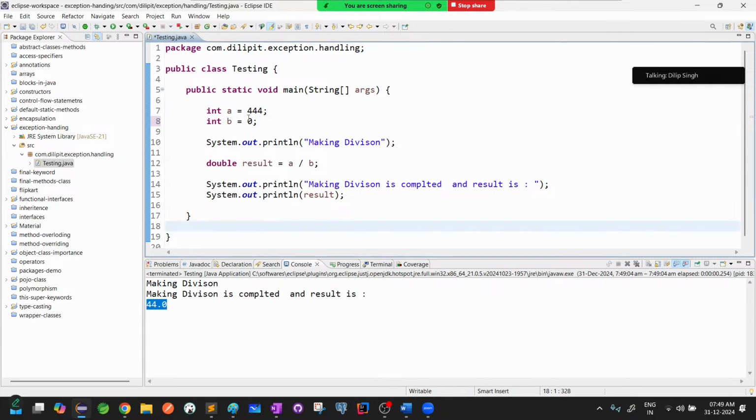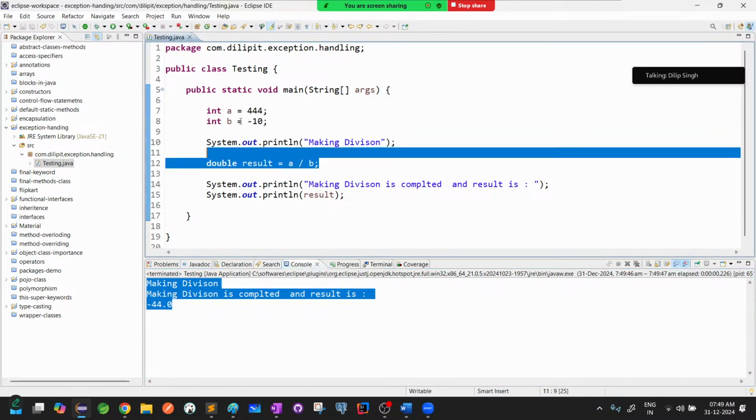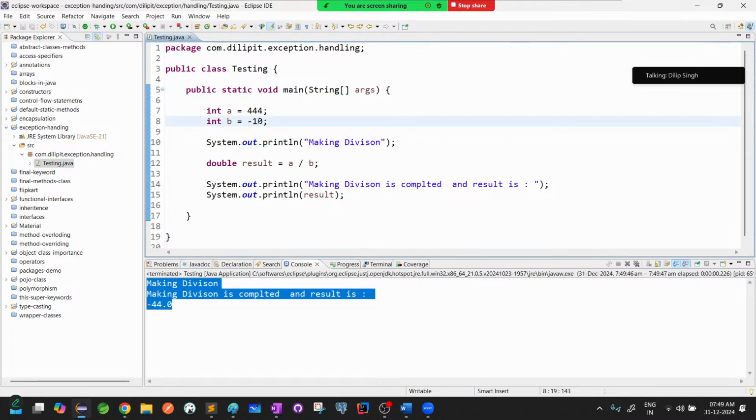Similarly, a customer entered a 0 value. Until and unless they enter 0, you are okay. For example, even if I give minus 10, whatever it is, your program is good, your execution, everything is good, until and unless the B value becomes 0. Now I somehow gave 0. Now what will happen in this scenario? Try to understand again. In this case again, the JVM stores A equal to 444 in memory, B equal to